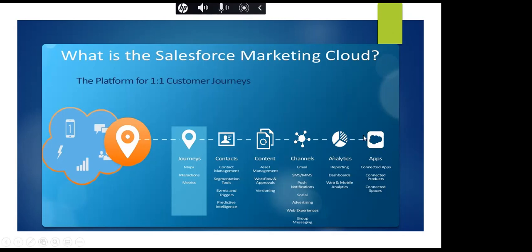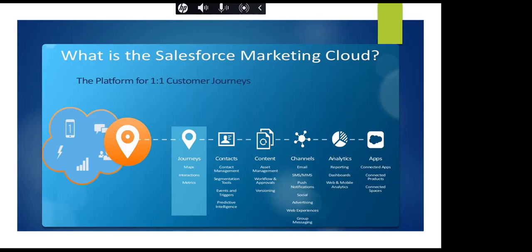Also, Marketing Cloud is a platform wherein you can integrate third party apps or Salesforce apps. Like we can integrate Salesforce, that is Sales and Service Cloud, with Marketing Cloud, and we can use the custom and standard objects.